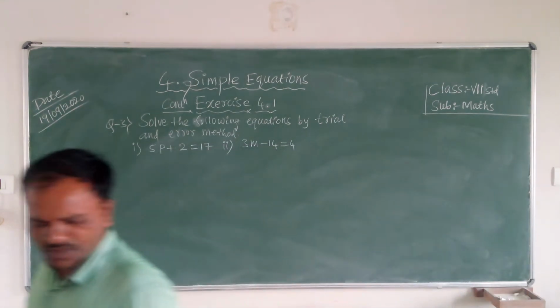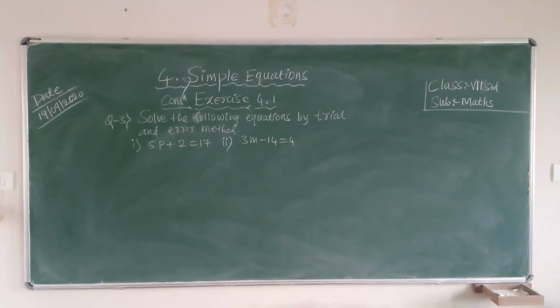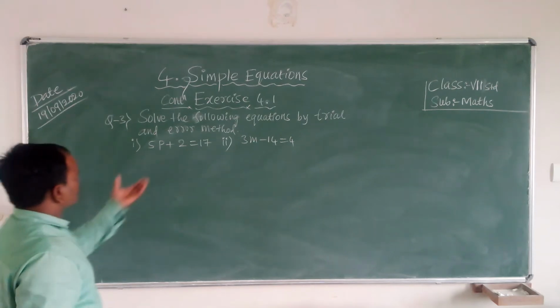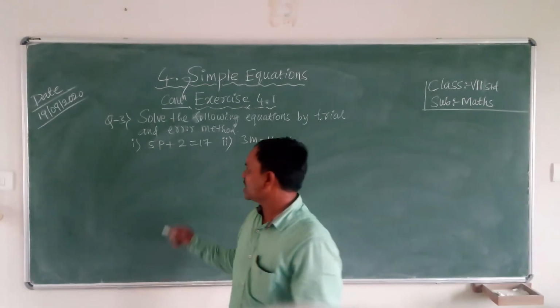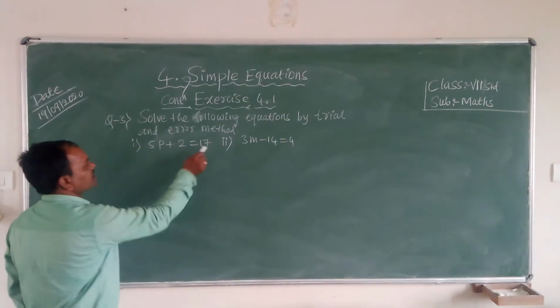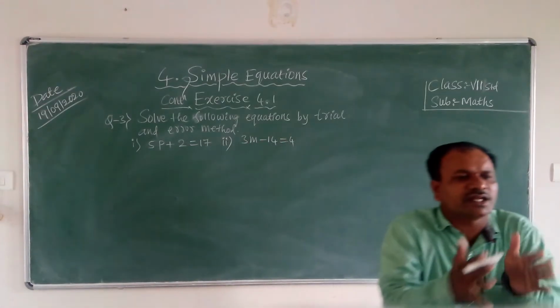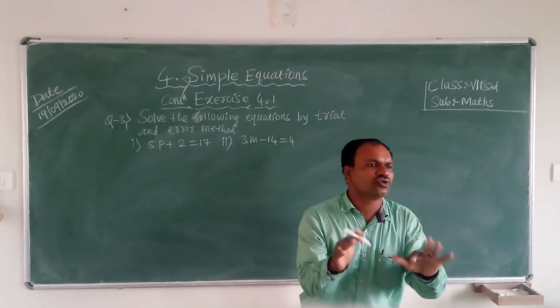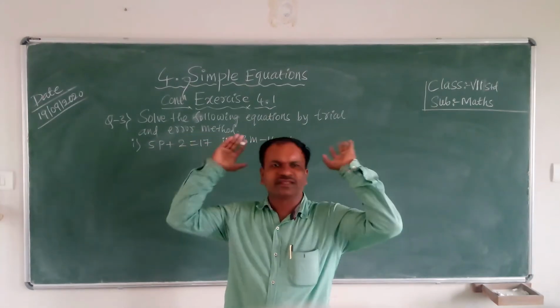So here, trial and error: how will the trial come? LHS and RHS should be equal, like this we have to find it, right? How to find it in the trial and error method is very important, my dear students. Which number you have to take so that LHS is equal to RHS? Directly we don't know which number to take, but you have to use the trial and error method.